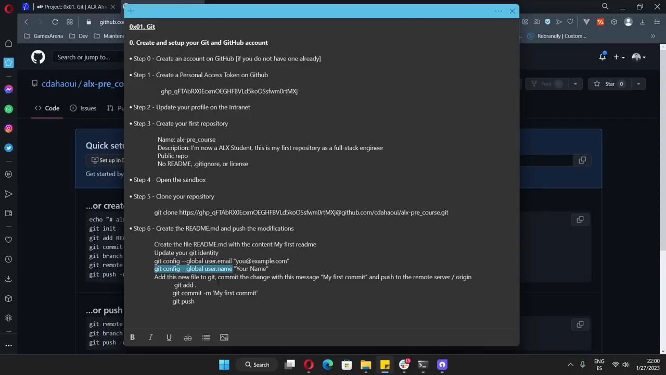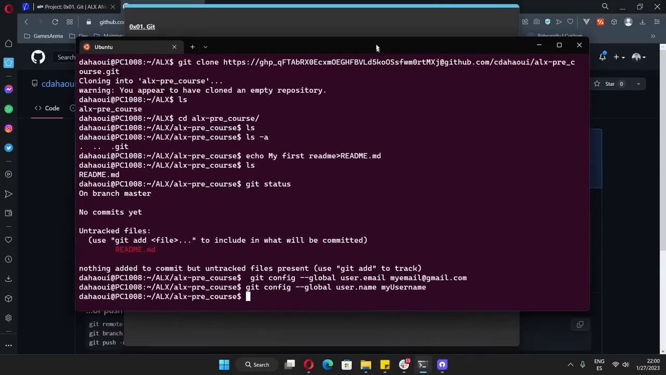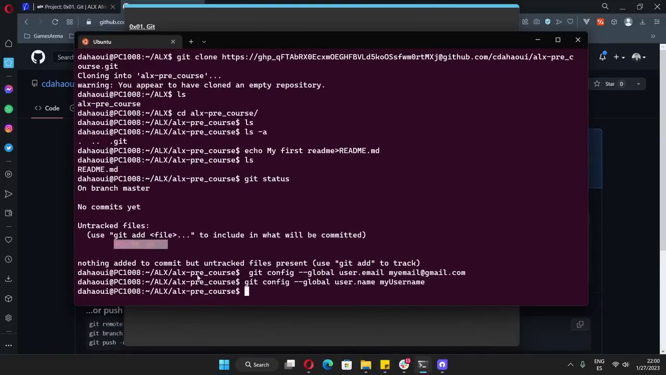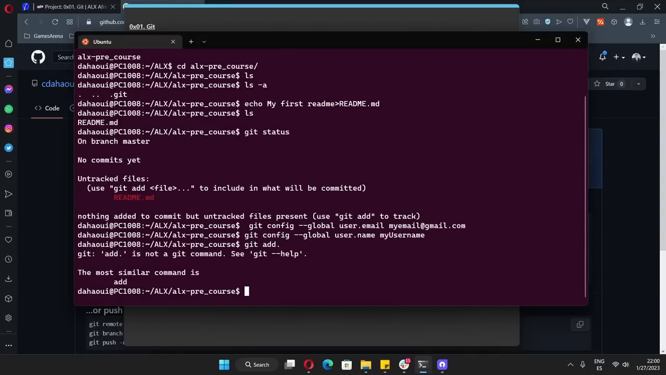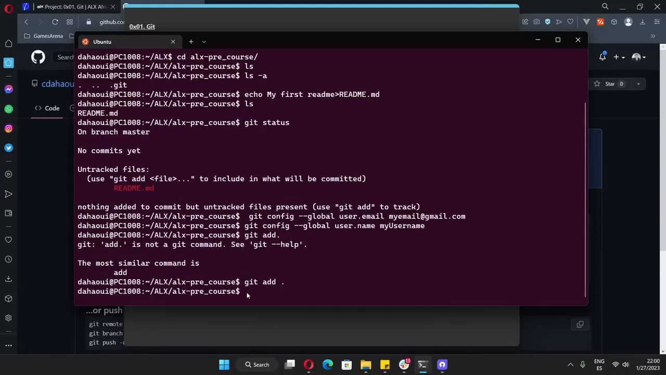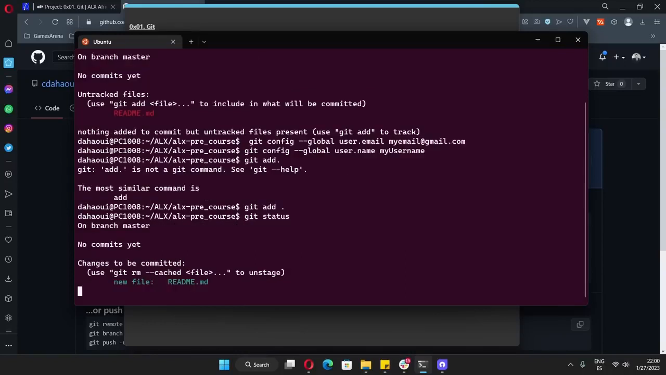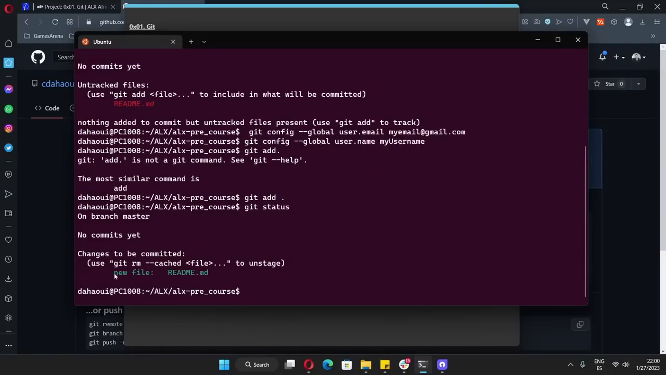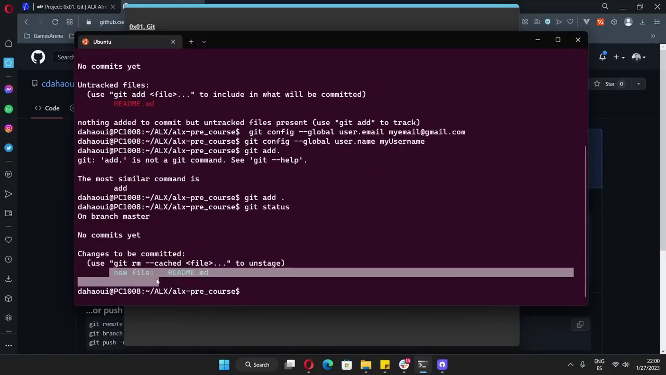and commit the changes. To do that, as you can see, we have one untracked file. To make it tracked, we just type git add that. Okay, if we type git status, we should see now we have a tracked file. It is a new file